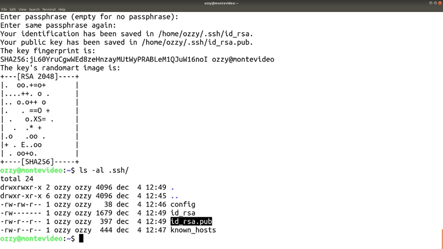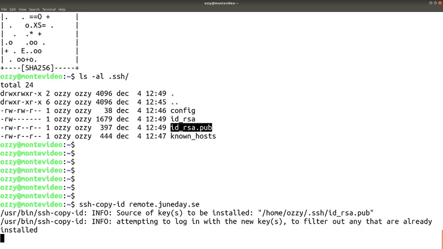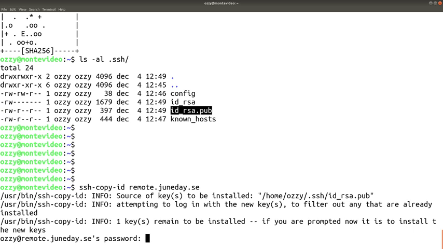You might or might not have a config file and a known_hosts file here. Never mind. I have one key here. So say that I want to transfer this key to remote.juneday.se. I issue the command ssh-copy-id, and it's going to ask a couple of questions like my password,